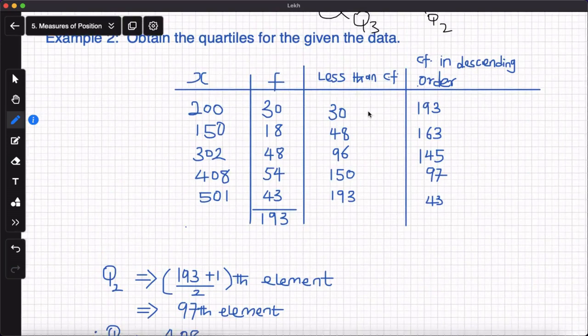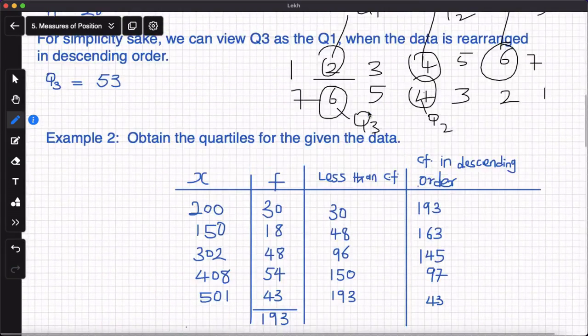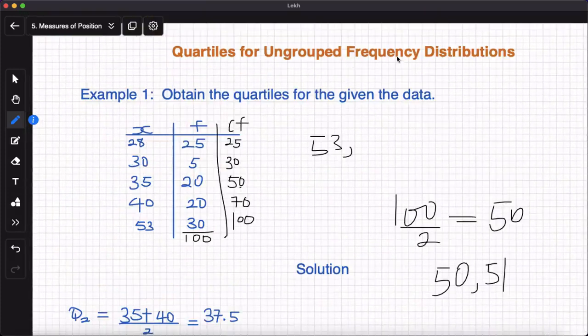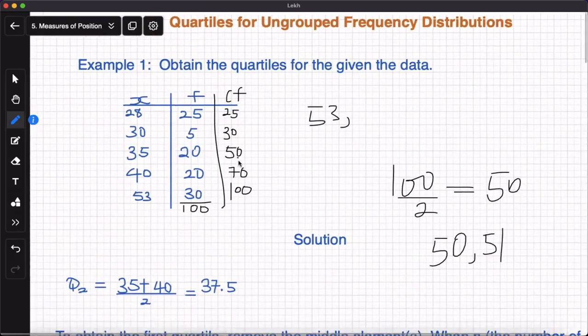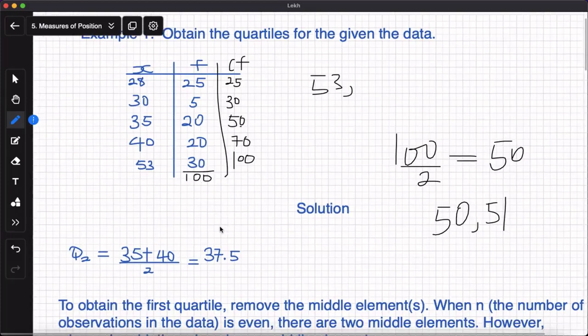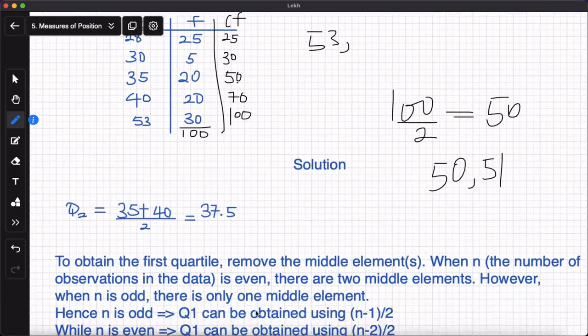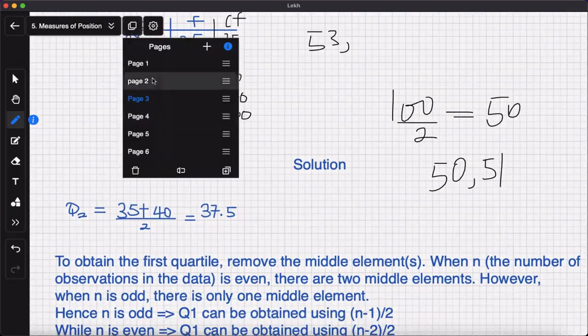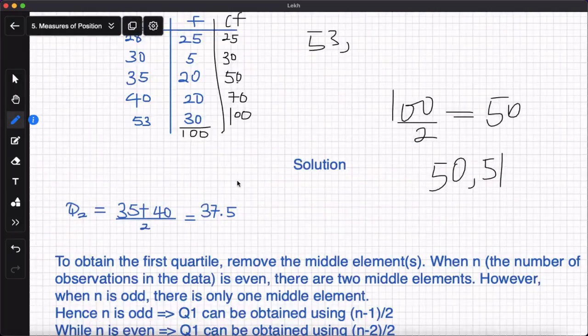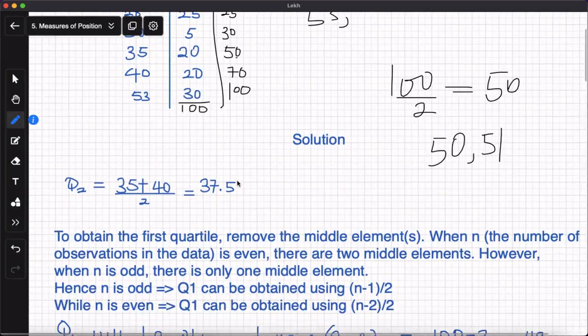and that method is actually, not another method really, but supposing we have an ungrouped frequency distribution, how do we obtain it? In this case we have 100 observations. So how do we obtain it? The logic from what we just did can be used here without having to draw anything like we did here. All we need to do is just say,